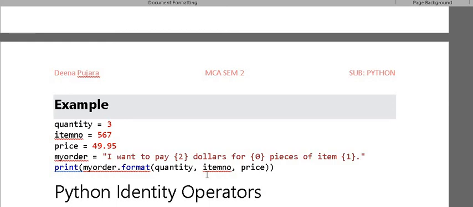In the next lecture we will learn how to find out the length of strings, and how to find out the vowels in a particular string but without using functions.